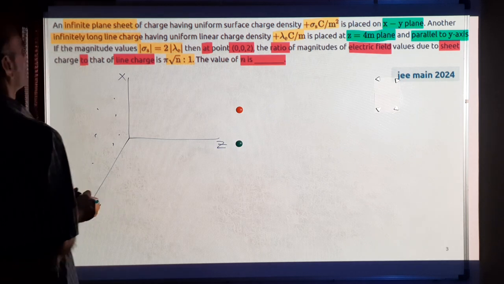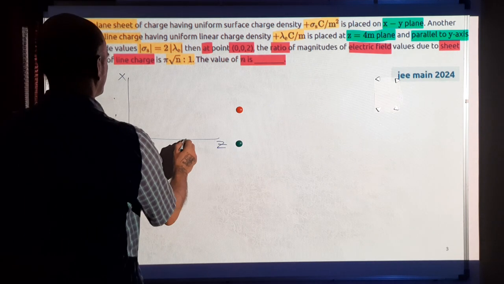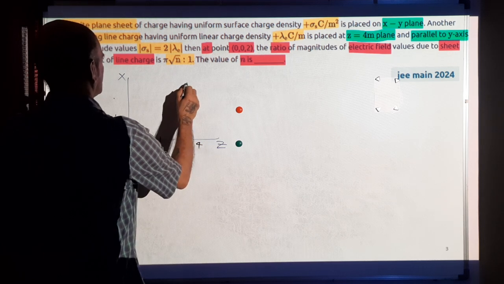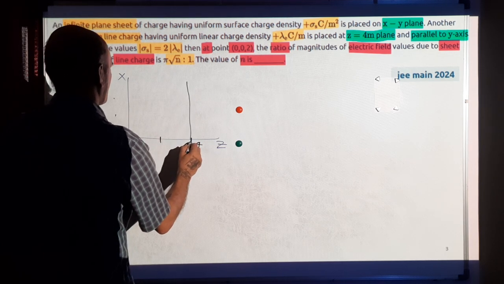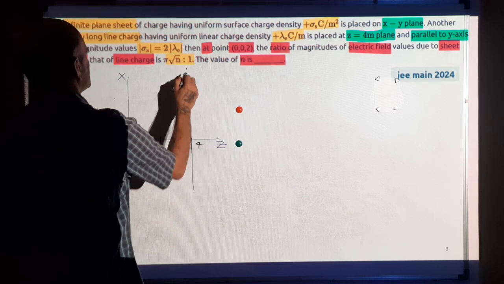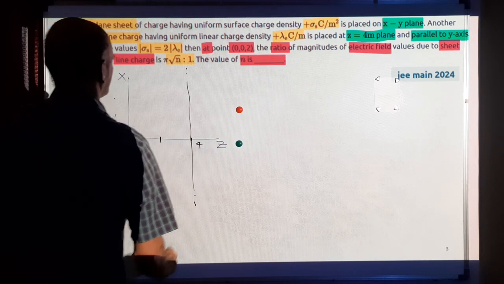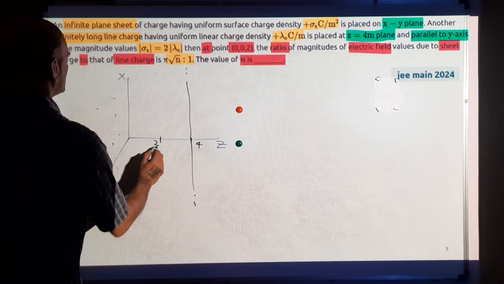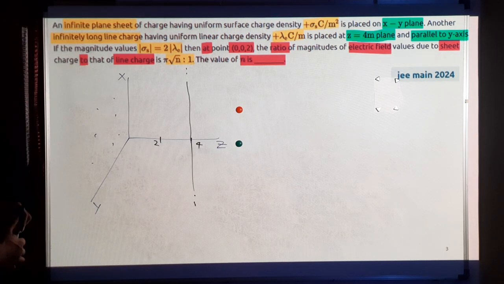Line charge is placed at z equal to 4. Infinite line charge at z equal to 4. So at z equal to 2, the ratio of the electric field due to the sheet, and